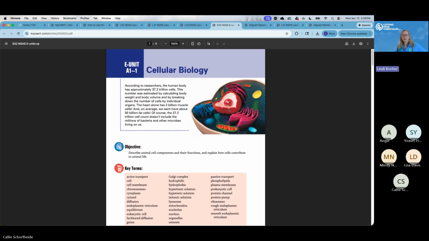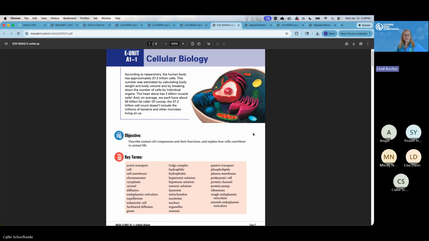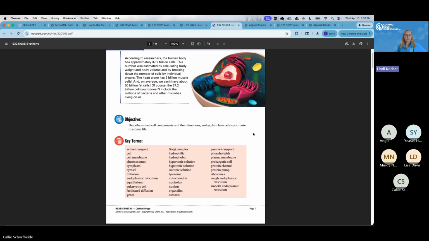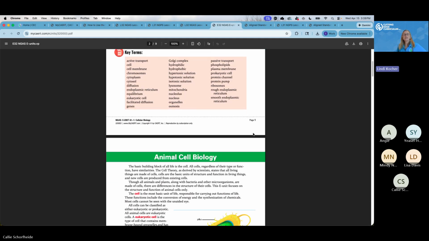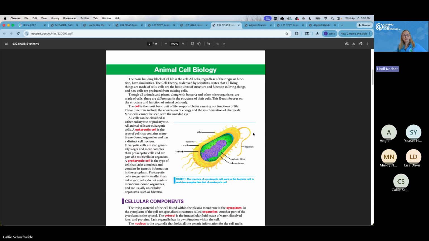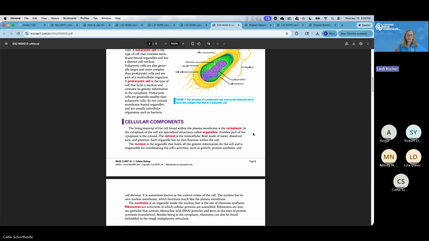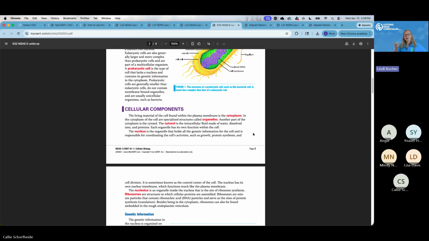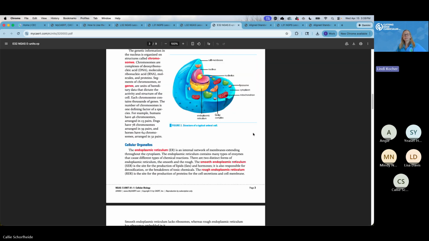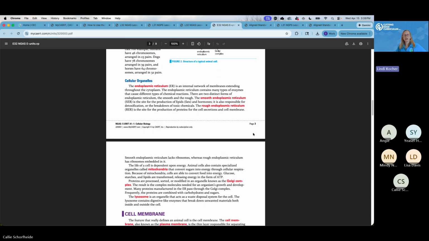So even if you're looking for something that is similar to a textbook, we prepare these so that it is grade appropriate for the students, and they can read through them and learn a little bit more from a context standpoint. You have an opening paragraph, the overall objective, your list of key terms, and then as the student dives into it, whether it's a digital piece that you assign to them, or even if you print these off,